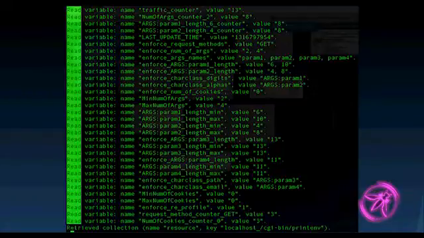ModSecurity has the idea of persistent storage, which becomes very useful if you want to try and track things beyond one request. That's a key differentiator between something like an IDS or IPS, right? A lot of times they'll just look for, oh, is something wrong here? Okay, so we have this persistent storage, and this is showing you what looks like a lot of data, of course,